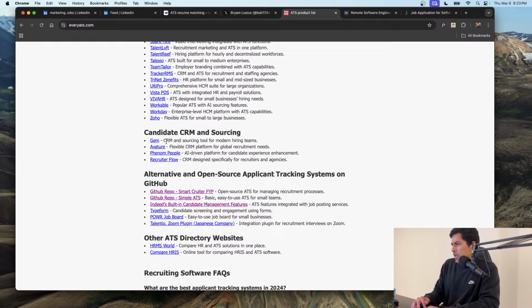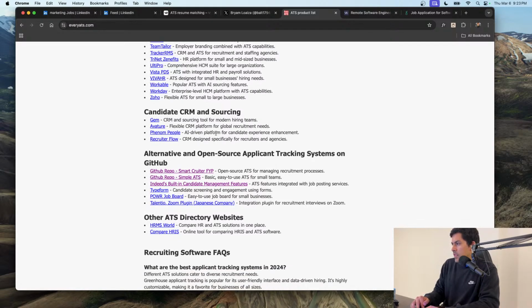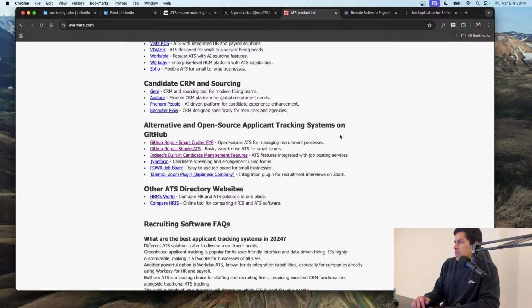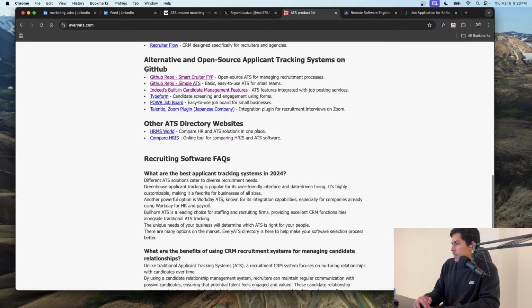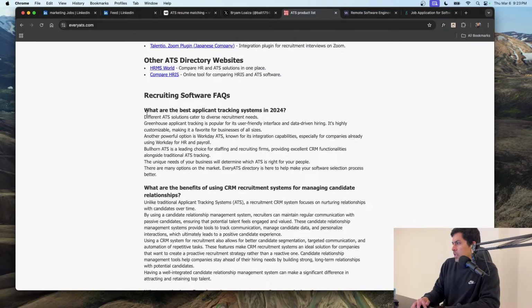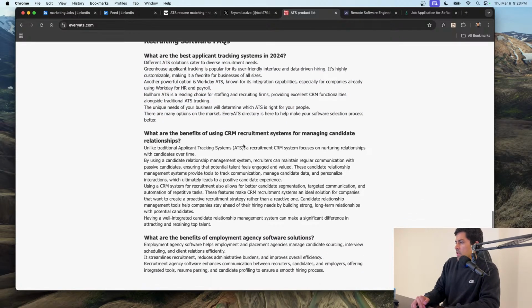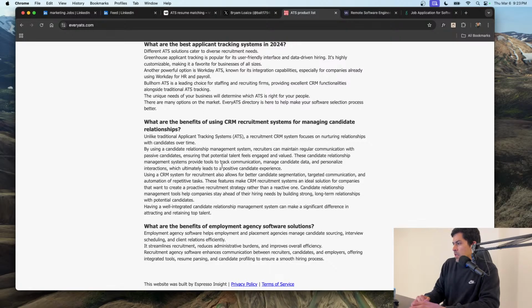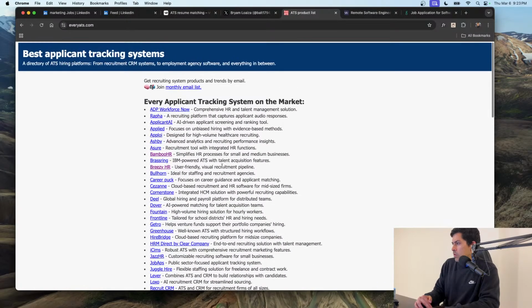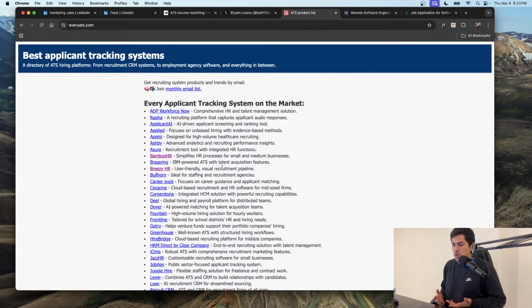CRMs are a little bit different because it's a more complete software solution. It's even bigger than an ATS system, even though an ATS system is almost the same. But here you have some alternatives that you can explore and play with so that you can get familiarity with ATS systems. And here you have some questions, FAQ, benefits, and you can go through this by yourself. But so this is usually what an ATS system is, okay? And this is a good page of resources that I found that can help you,